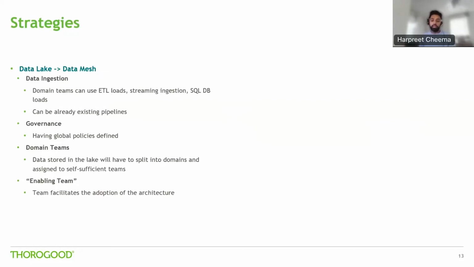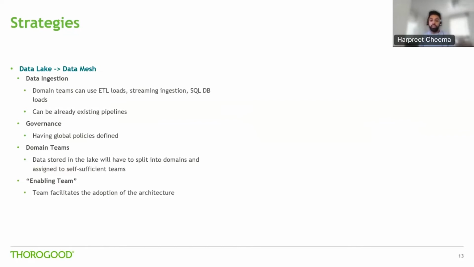Next would be governance. So defining global policies for domain teams so that they can format, store, and share data the same way. This can include defining access control policies, creating a data catalog, and defining a file format for the data to be stored as. Also,